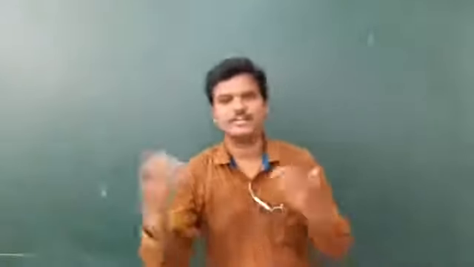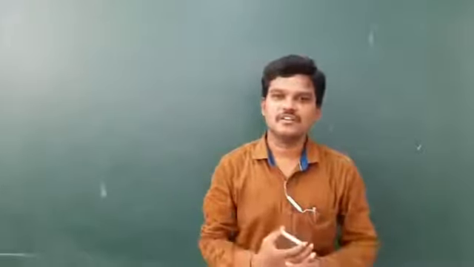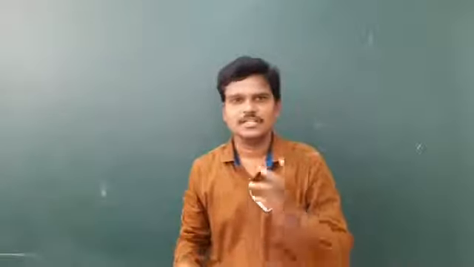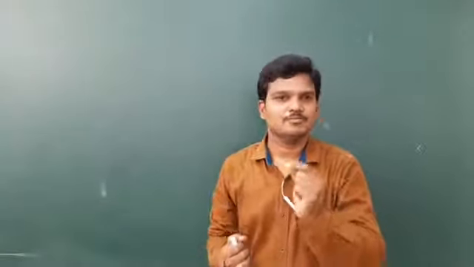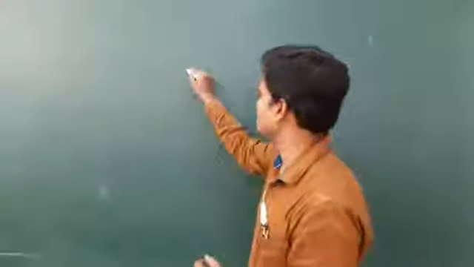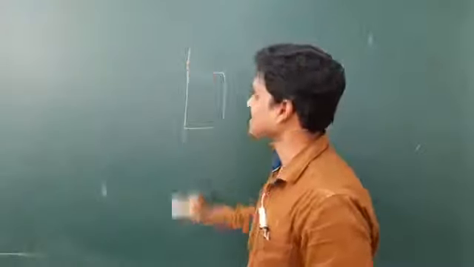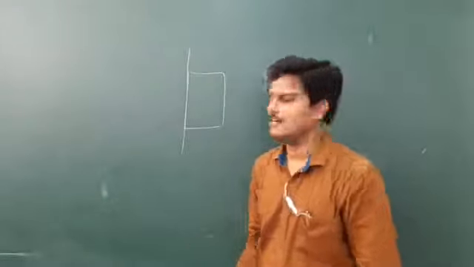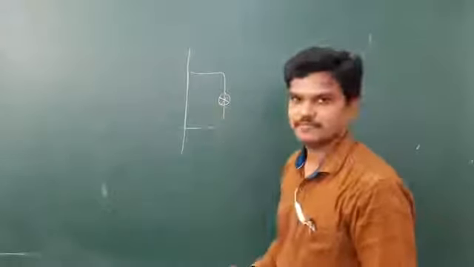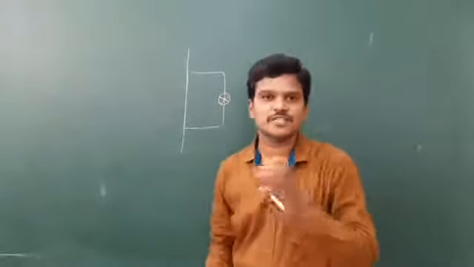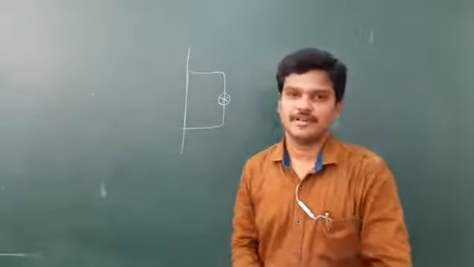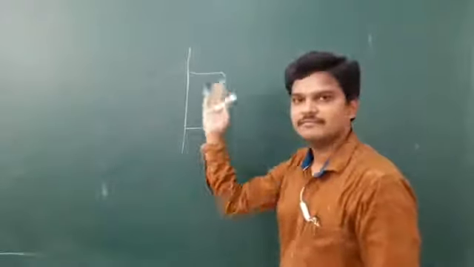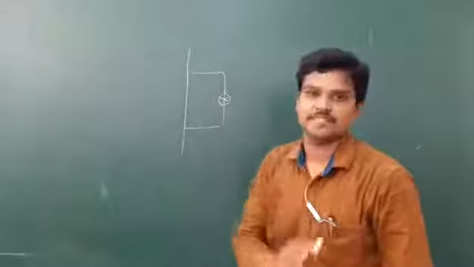Plenty of examples are there. For example, if you enter into the hall and push or pull the door, generally we push or pull the door at the edges. Let us suppose this is the door and this is the hinge. The hinge is nothing but the axis of rotation. Generally force is used to set the body into translatory motion, but here, if I apply a force here, this door will rotate about this axis of rotation.